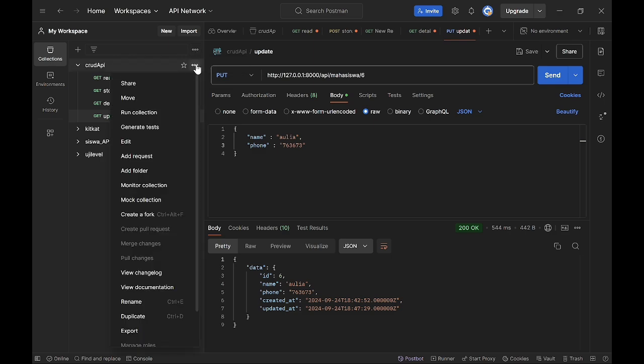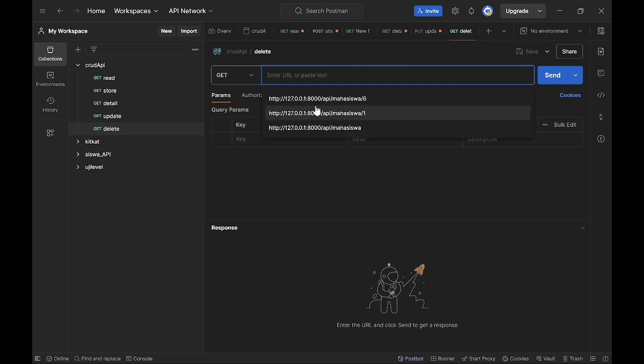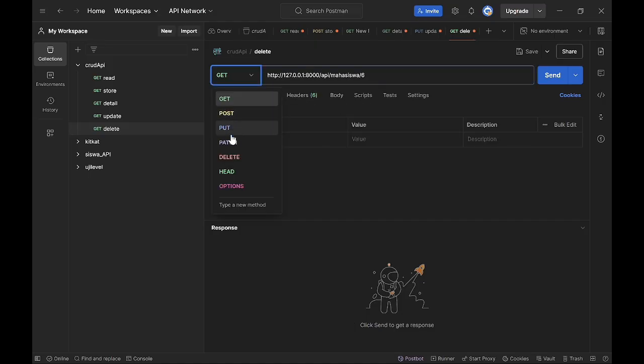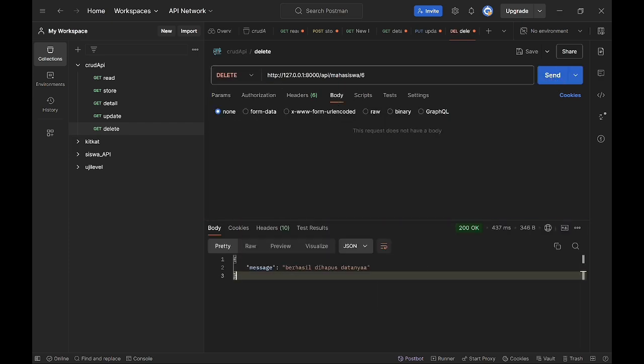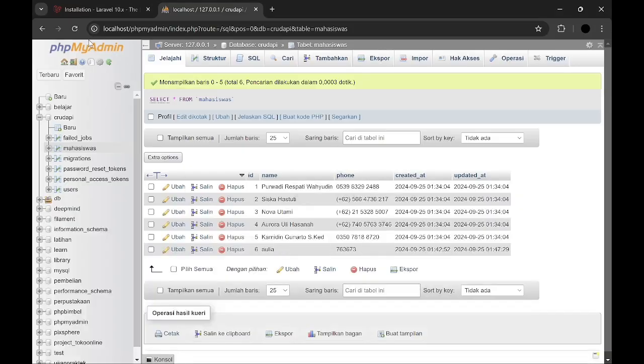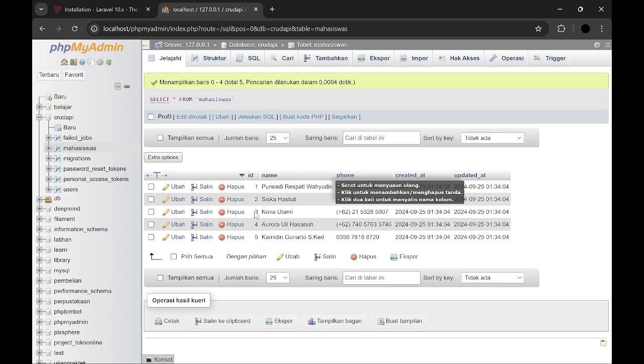And then we add a new request, and for the name is delete, and I want to delete ID 6, and for the method is DELETE, and we send, and the message is "berhasil dihapus", and the data was deleted in phpMyAdmin.